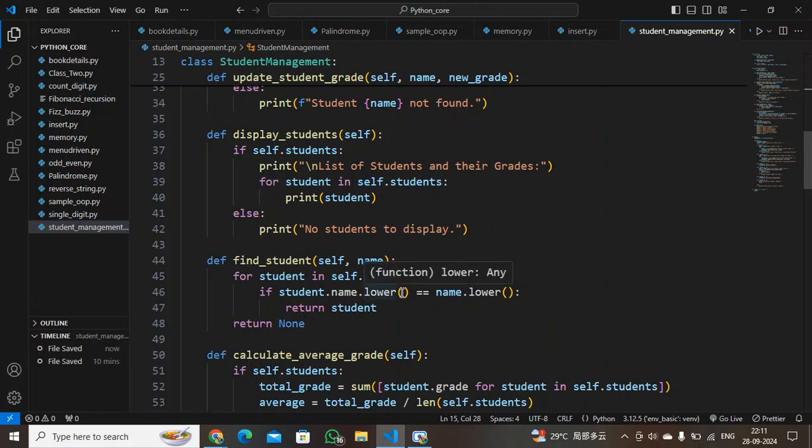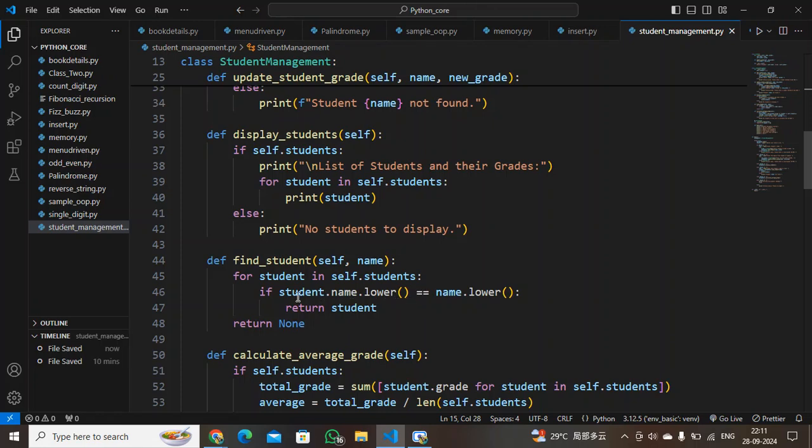To make it case insensitive, that is, whether the user gives the name of the student in uppercase or lowercase, it will not affect the logic of the program. Whatever uppercase or lowercase it gets, it will convert the name, the alphabet, into lowercase, so it becomes case insensitive.